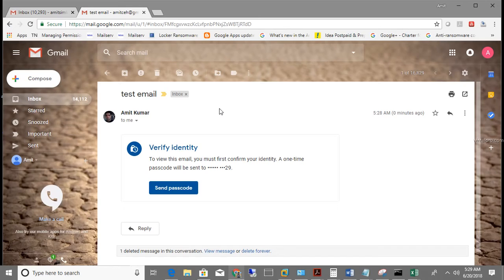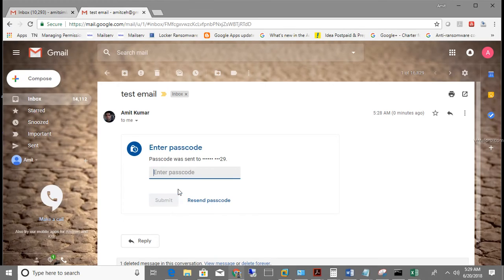I'm unable to see the content because only by getting the SMS passcode can I access the email. So I am clicking on send passcode. A new passcode will be sent by Google to this phone number.